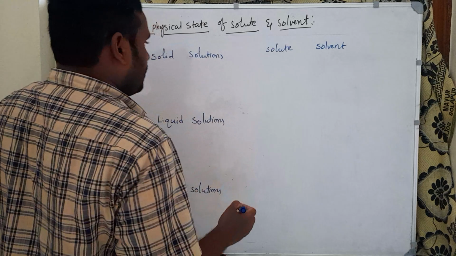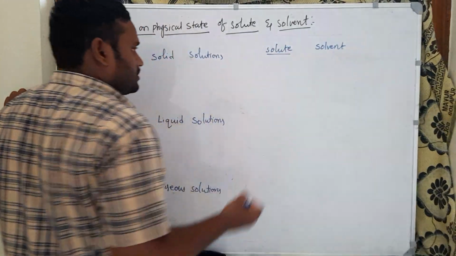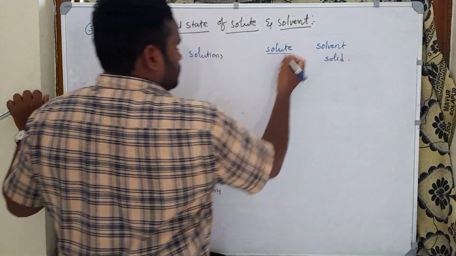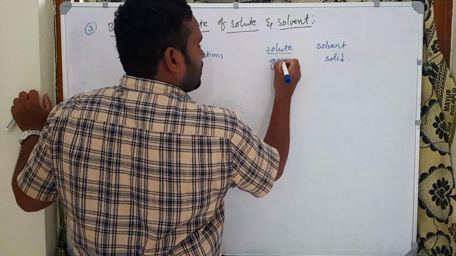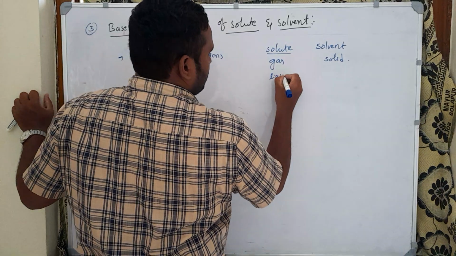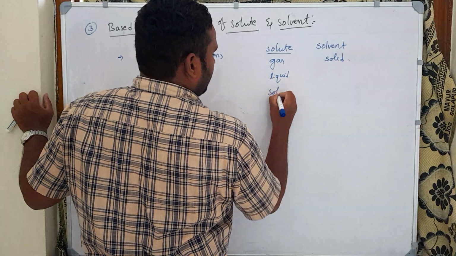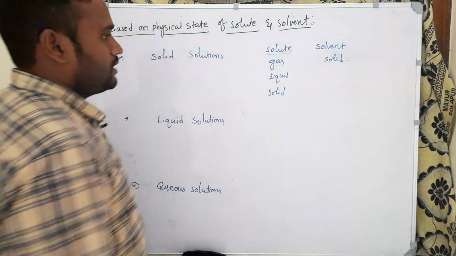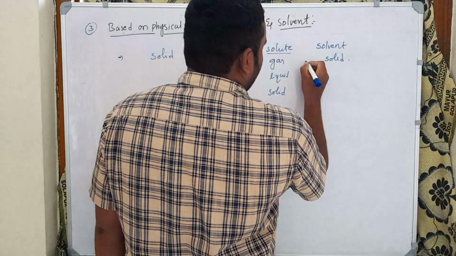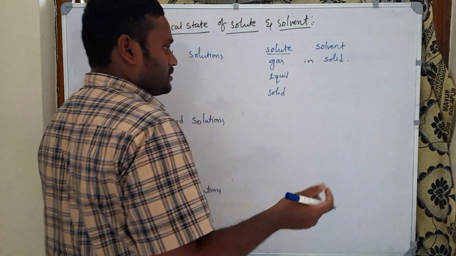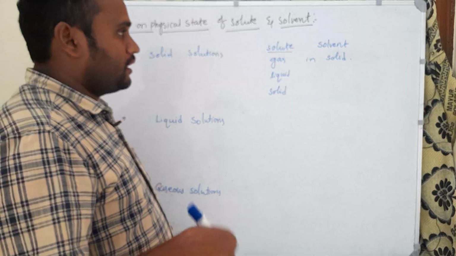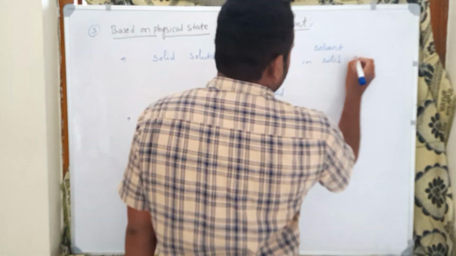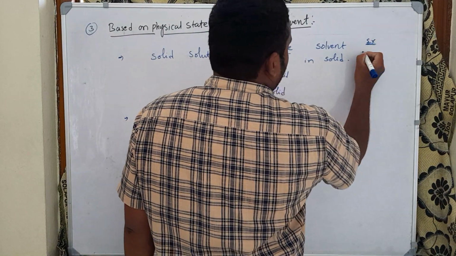So here in this type of solutions, the solvent is always solid. Here the solute may be gas, liquid, or a solid also. The first type of solid solution is gas in solid. Gas in solid type of solution means gas is the minor quantity and solid is the major quantity. This is an example. Here we can take occlusion